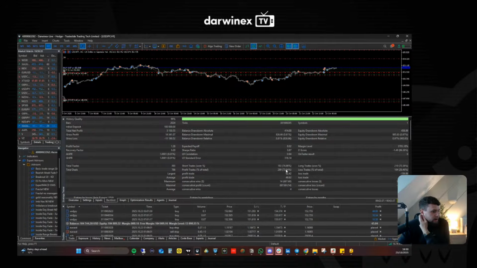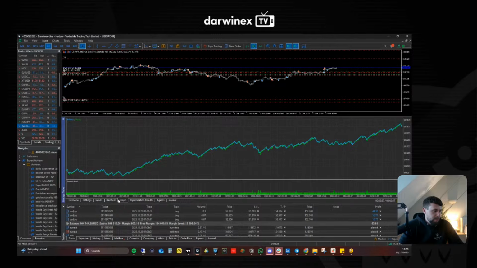Increase the win rate by 1%, reduce the total trading activity so the exposure is lower, slightly increase the profit factor. I would like to get the profit factor higher than 1.4, 1.5. However, I'm still happy for this strategy to be part of the portfolio. The curve looks a little bit smoother than the original.